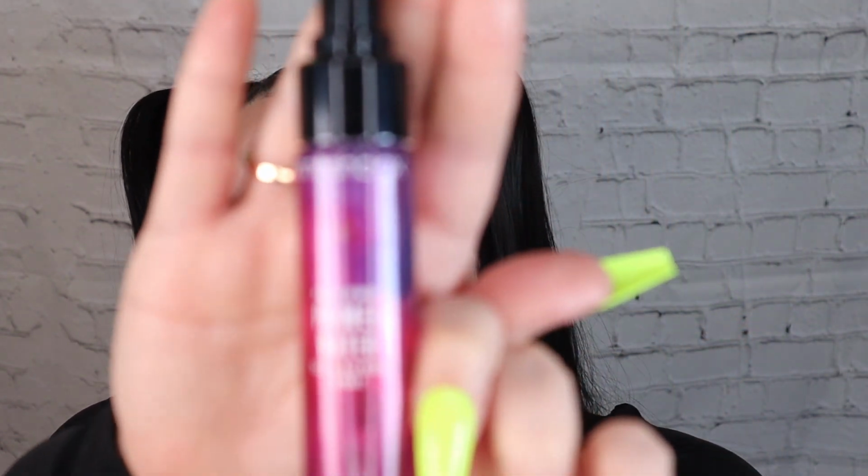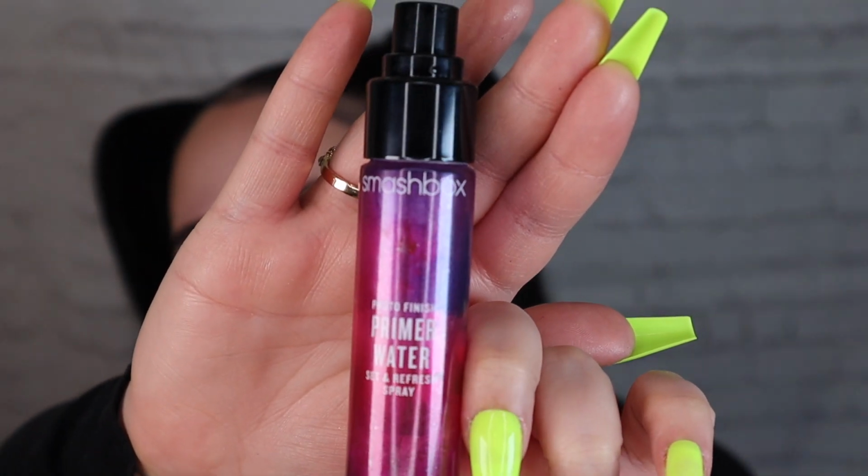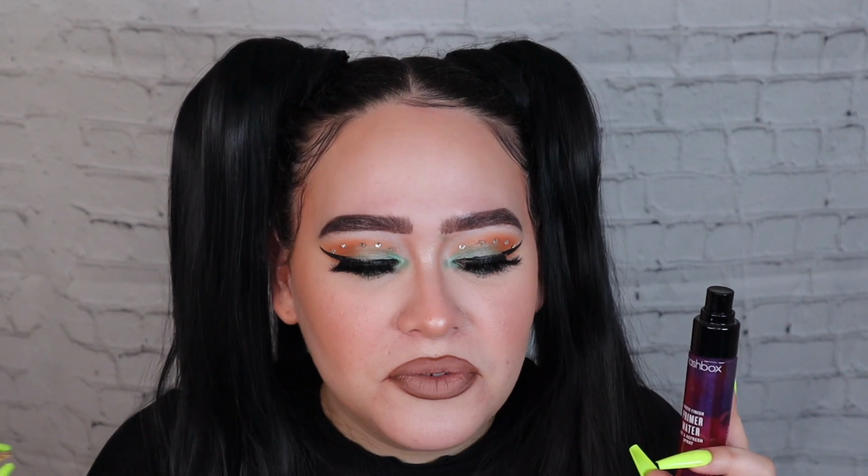Okay, P is for my Smashbox primer water. I love this stuff. This is a mini I got in the holiday set that I always get when it's on clearance, and I have the bigger bottles as well. This is such an amazing product, especially if you like to have really moisturized, beautiful, glass, dewy skin. If dryness is an issue for you, I love to spray this on after I prime my whole face, and also after foundation in between. I love this stuff. And there's no crap in it like the drugstore versions that have denatured alcohol. Okay,